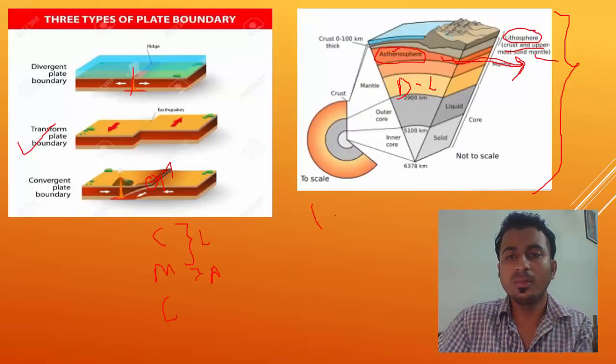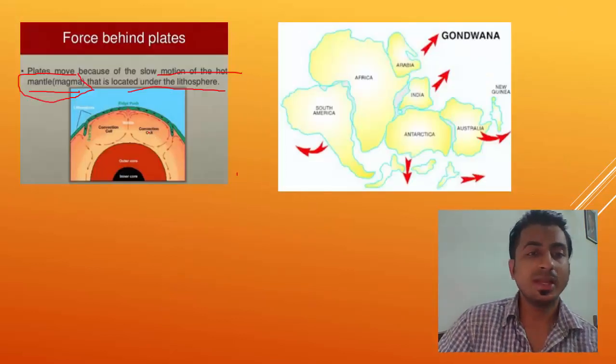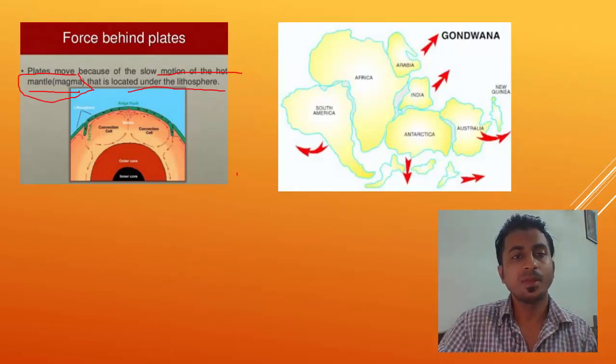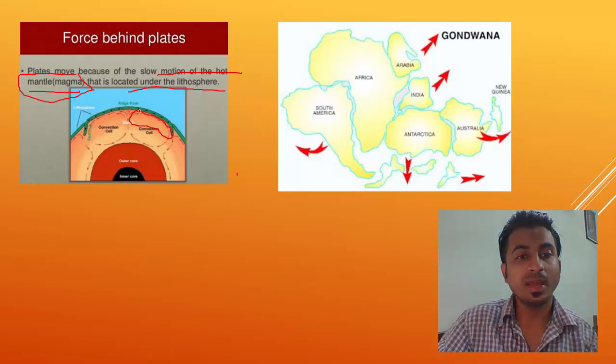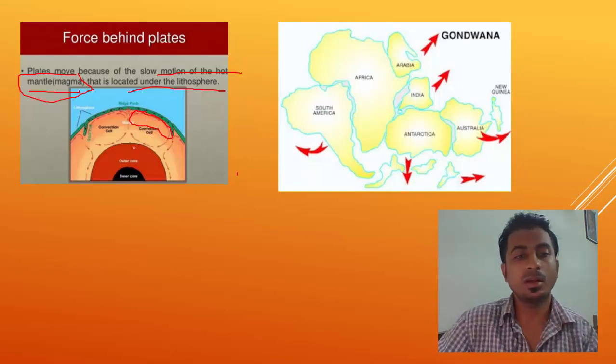You don't need to remember D layer. You just need to remember the concept of lithosphere and asthenosphere, because on asthenosphere, lithosphere moves, due to convective magma currents. So you can see cells are created in this diagram. Arrows are created, so cells are created, meaning magma is moving in this direction. And when magma is moving near the land mass, this magma creates movement in the land also, and hence plate movements occur.